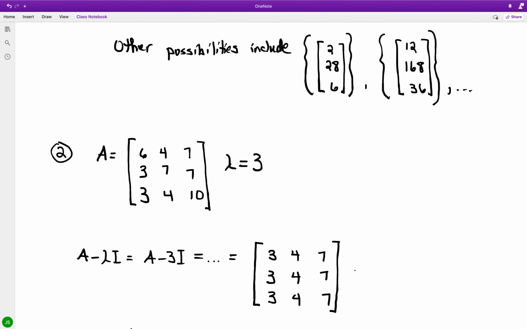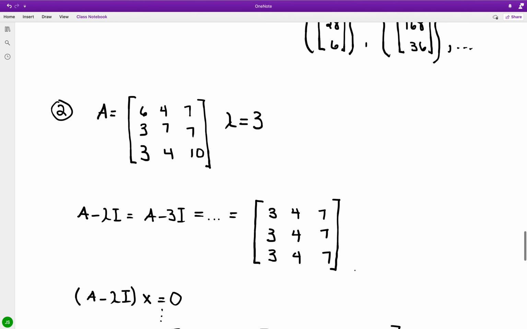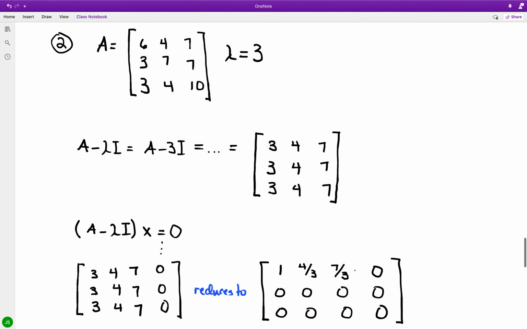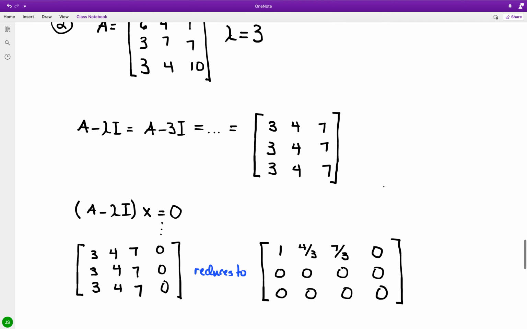Setting this up times x and equal to 0, since we have identical rows,